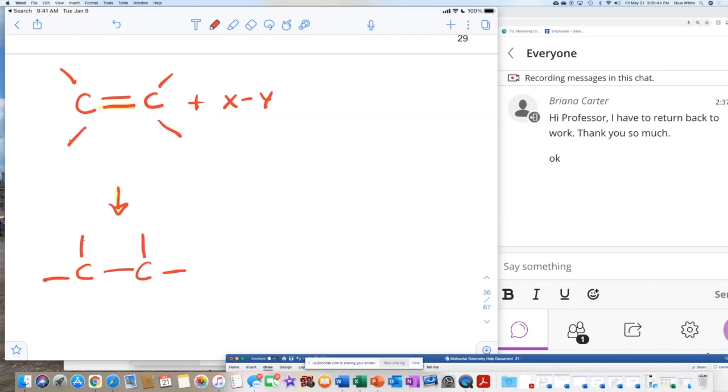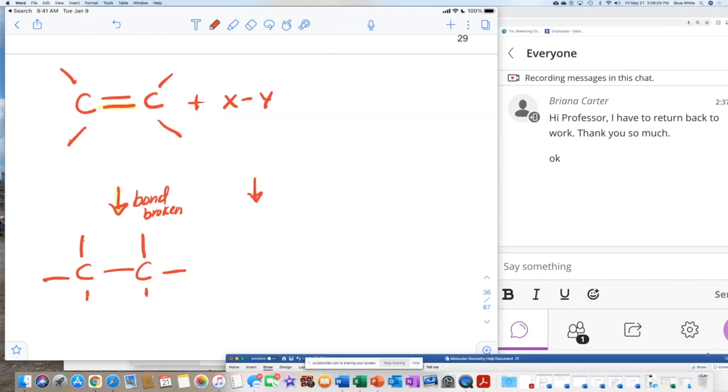These are the original bonds. And then the new bonds, I'm going to draw them really short right here because they broke apart. These are the new bonds, okay? So bond broken. Now, while the carbon is breaking one of its bonds, the same thing is happening with this X and